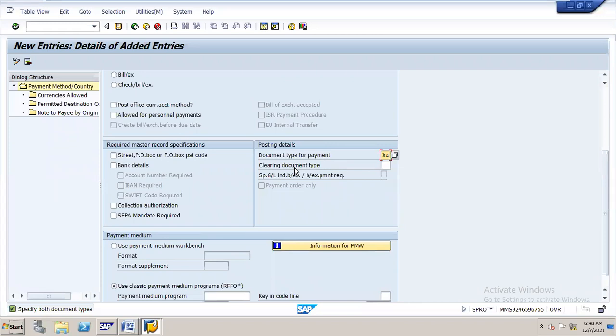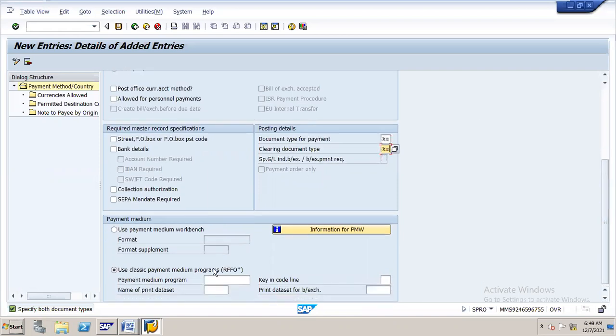In this case, for those payment documents, under which document type you want to process? Here also KZ. If you want to use a different document type to see the other company code payment documents, you can use a different type, but I want to use KZ. Okay.